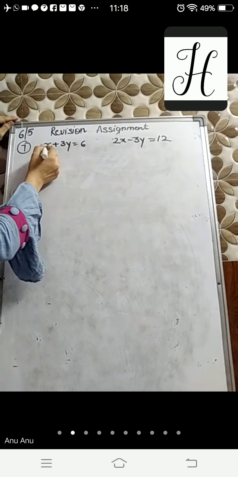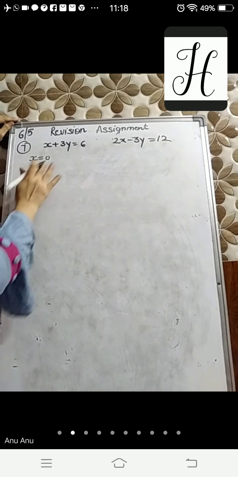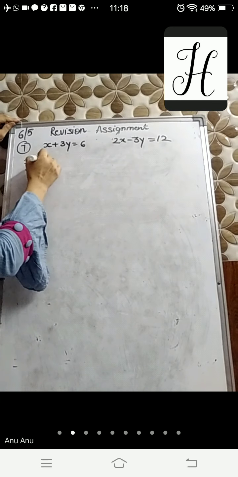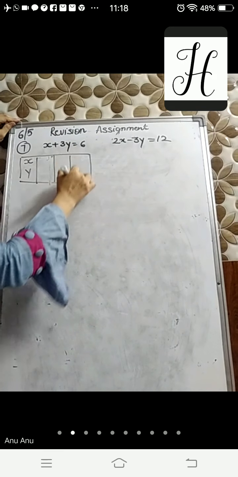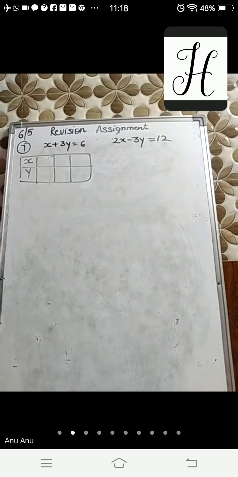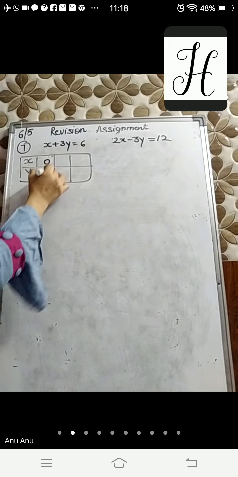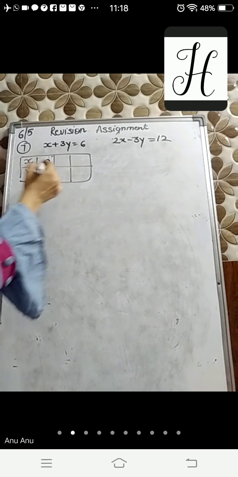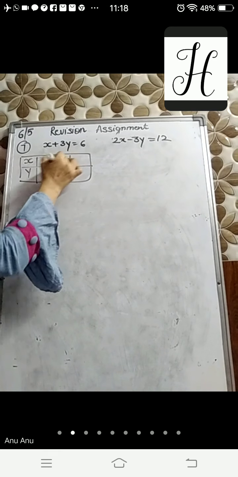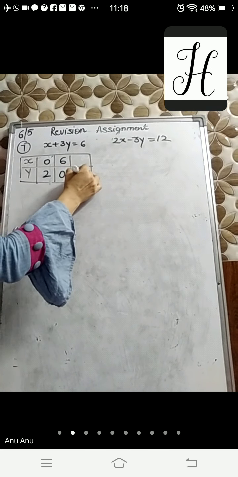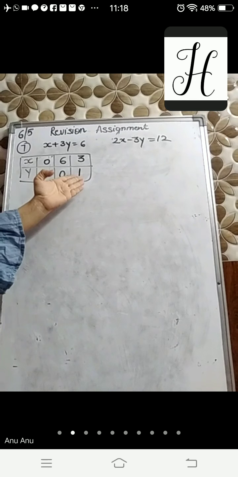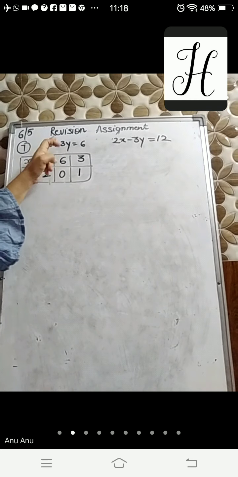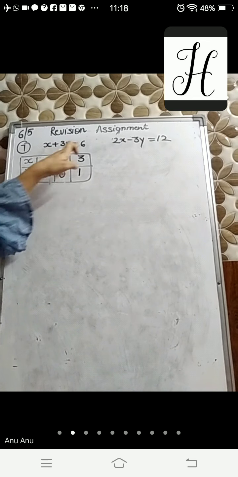Now put the value of x as 0. I can also do it verbally, directly form the table. Because the numbers are so small, no need to write one by one. You can directly find it. X is 0, y is 2. Is it okay? Now y is 0, x is 6. And y is 1, x is 3. Any problem? Always put these two values. Take x as 0, then y as 0. That will give you two values. Put it where the number is, and with the minus sign it comes directly.